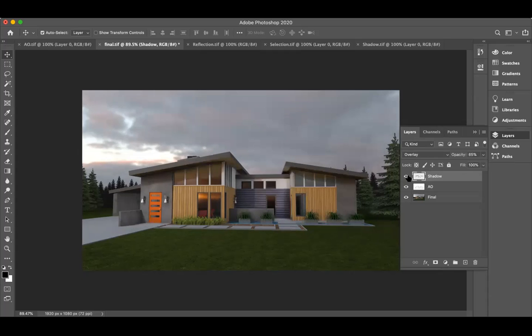So you can see, till the shadow, we have composited two components into the final output, two layers or two passes. One is the AO pass, that is ambient occlusion, to give depth to the models, to the structure. And another one is the shadow, so the shadow detail will be added into the final output.